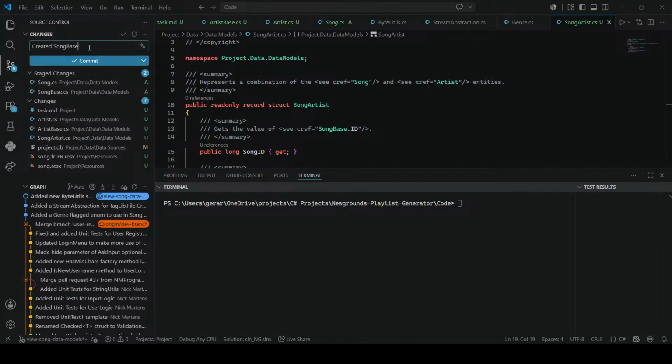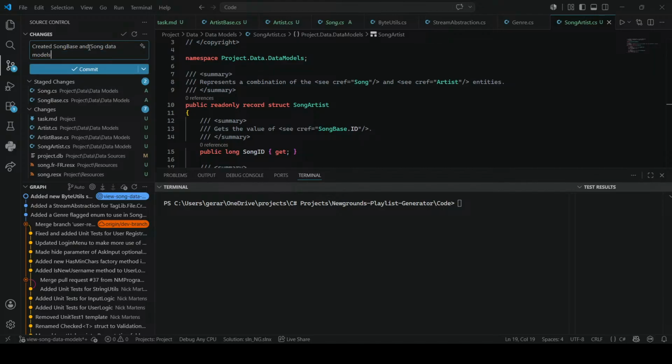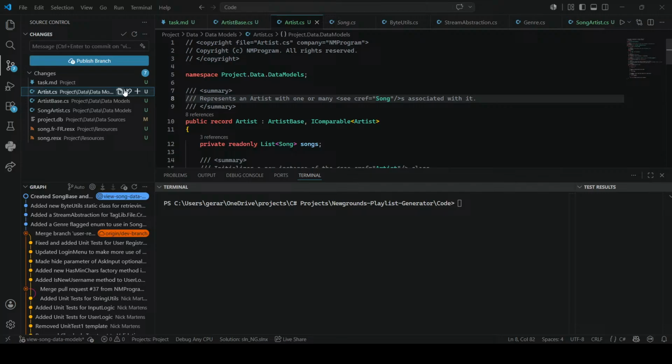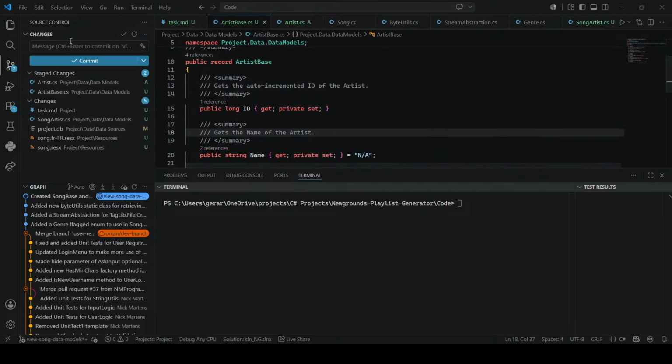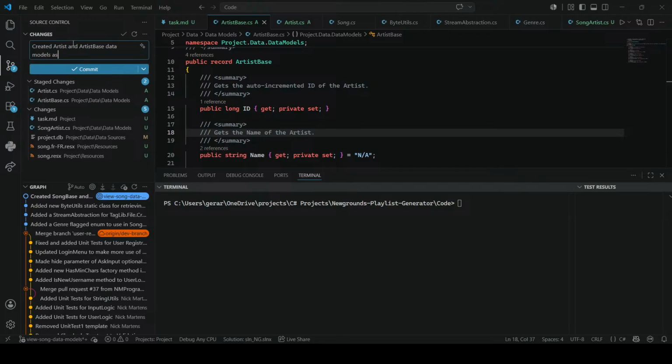Created song base and song objects, the data models, as records. There we go. And then we can say artist: created artist and artist base records, artist base data models as records,